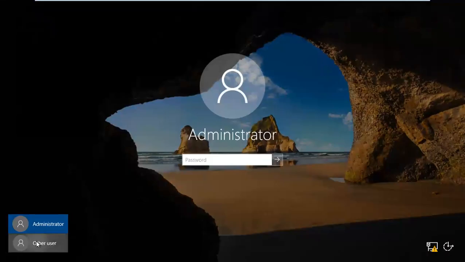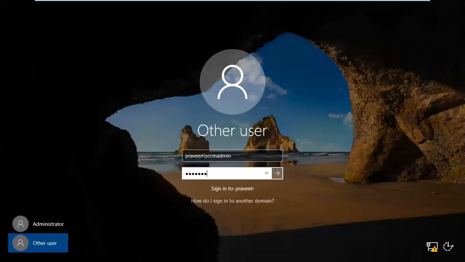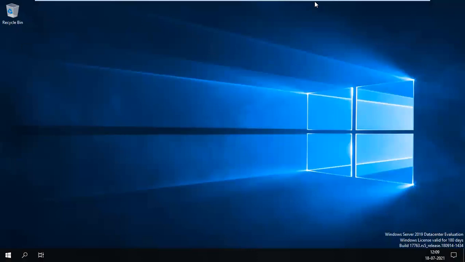I will go to other users. I will type Praveen slash SCCM admin, then my password. Clear? In this way, you need to log into this particular machine. Am I clear what I'm saying to you? Yeah. So this is the basics of the things. Okay, let me pause the